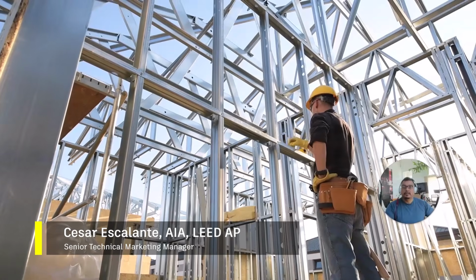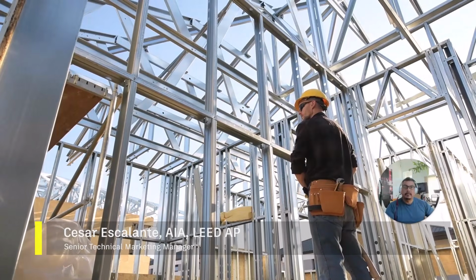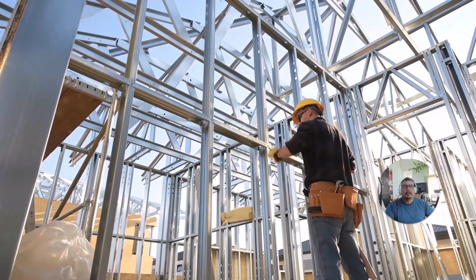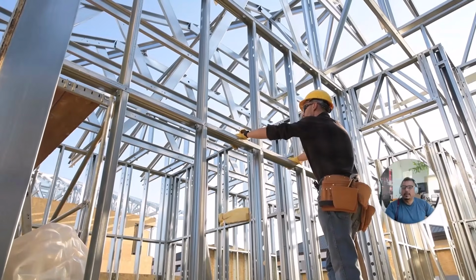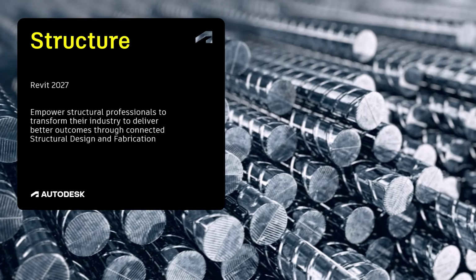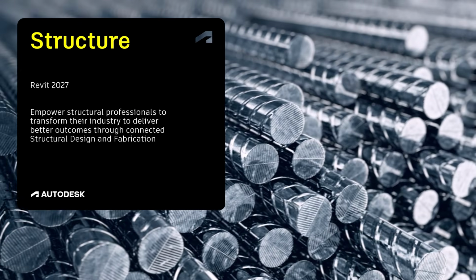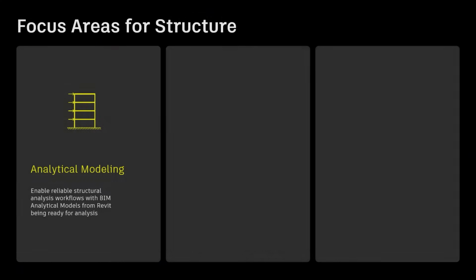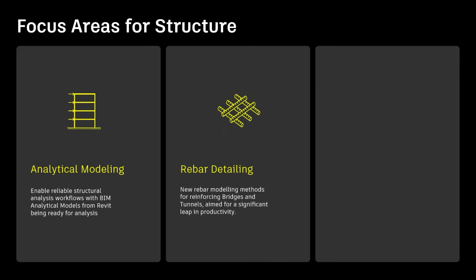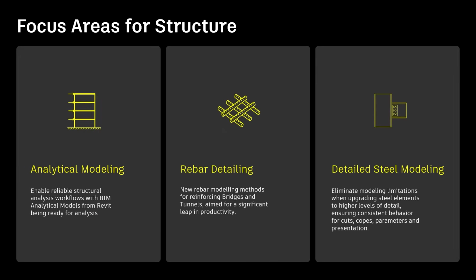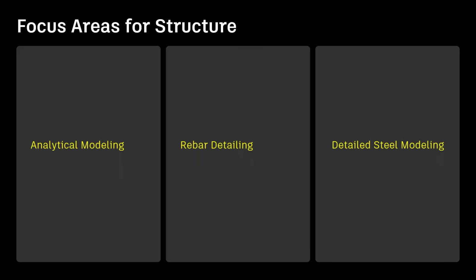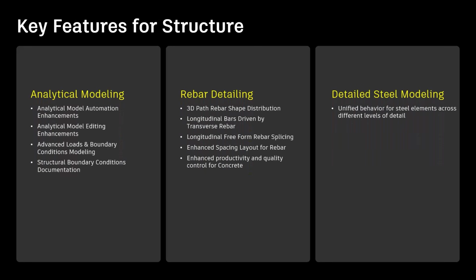Structural teams are under increasing pressure to maintain alignment between design intent, performance, and detailing as projects evolve in complexity. Revit 2027 for structure addresses this challenge by strengthening continuity across modeling, analysis, and detailing workflows. Focused on analytical modeling, rebar detailing, and detailed steel modeling, this release connects physical modeling to structural performance and fabrication